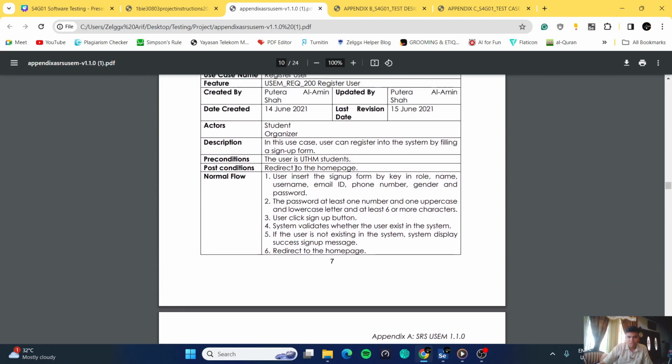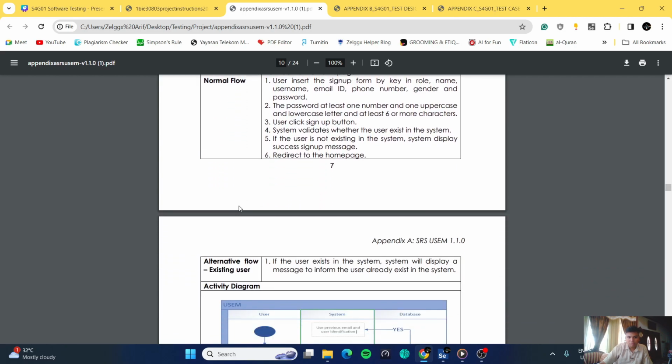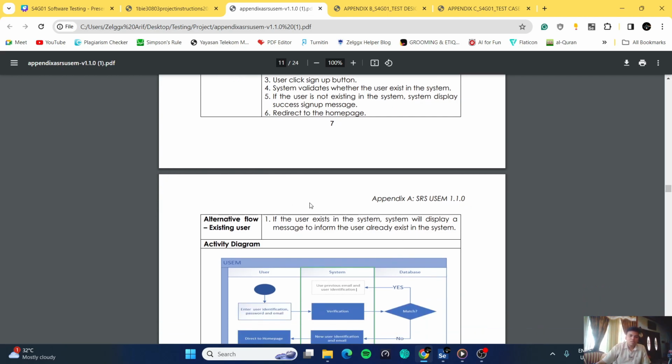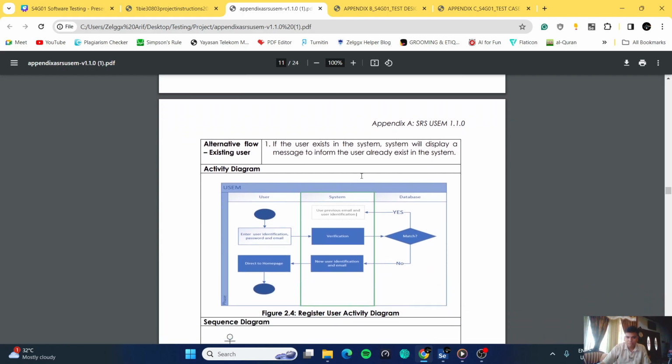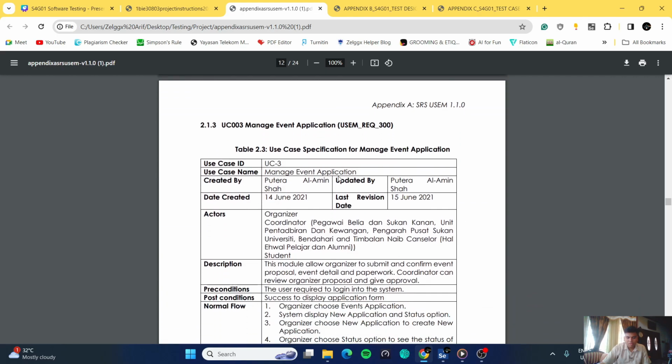So for this use case, there is one normal flow and one alternative flow for the existing user. So when the user exists, the system will display a message to inform the user already exists in the system. So this will be the expected result for the test case. Okay, next,